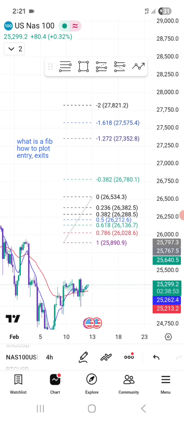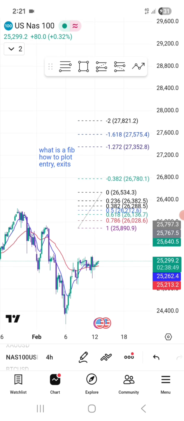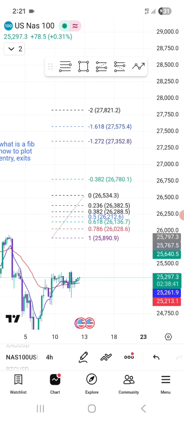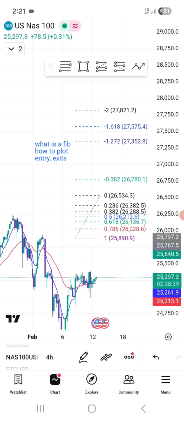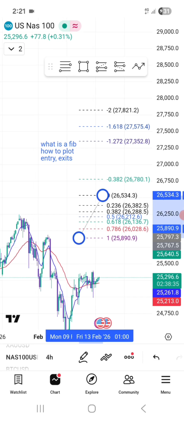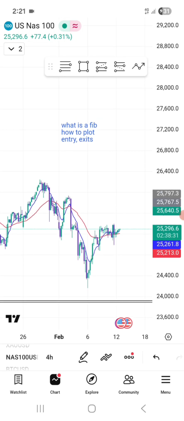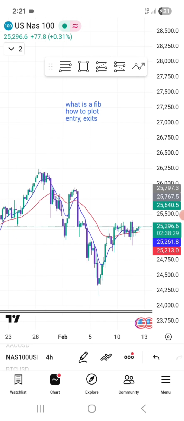So how do we plot Fibonacci? The way we plot Fibonacci is from the swing high to the swing low, or from the swing low to the swing high, whichever one we prefer. In a downtrend market, we plot Fibonacci from the swing high to the swing low. So for example, on Nasdaq,